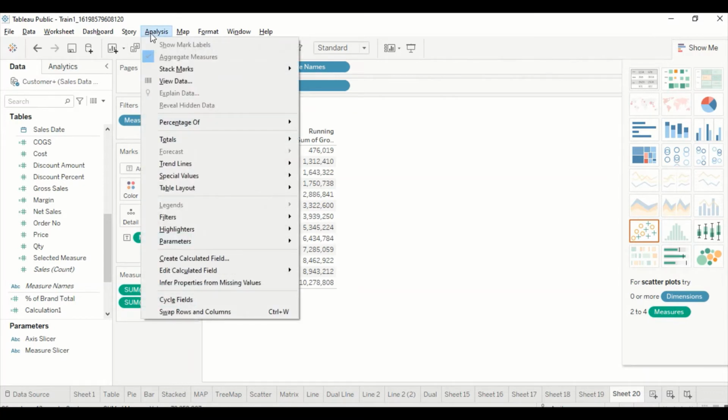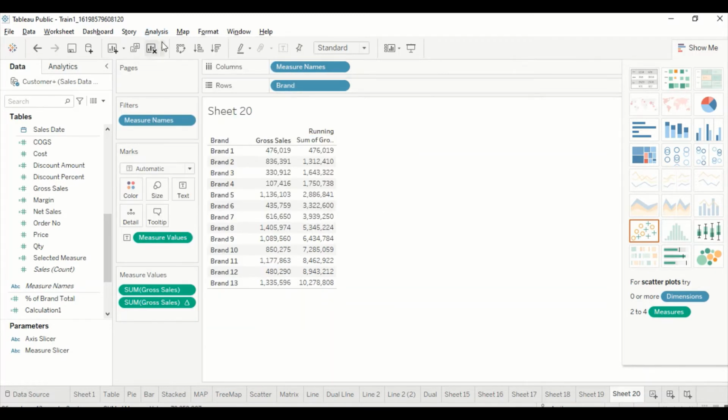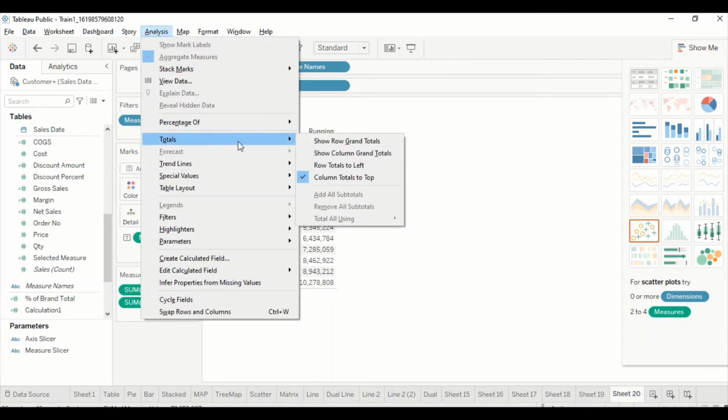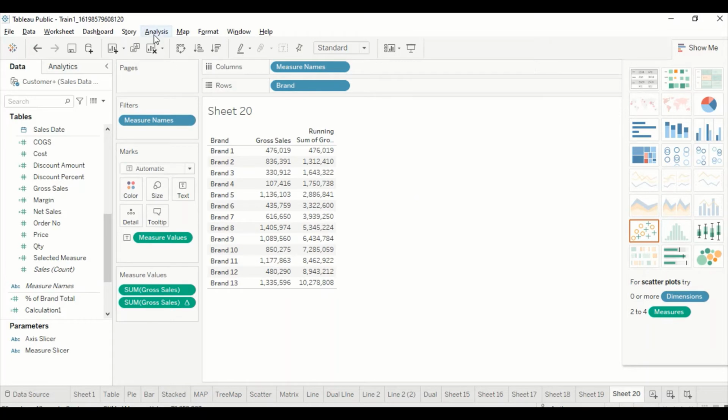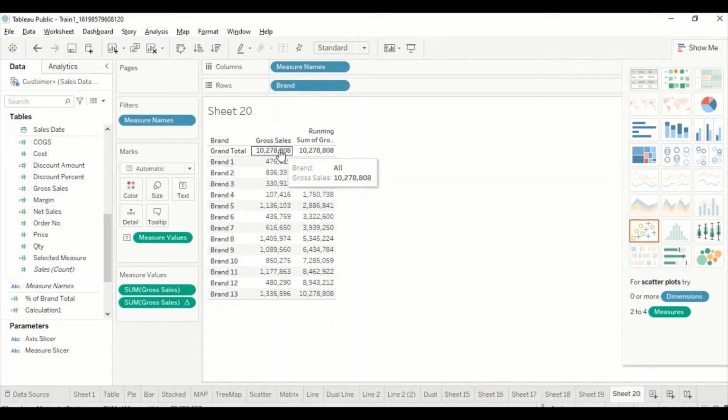So what we can do is go ahead and add the totals. Okay, so we can add the total. This is the total which we are seeing right now here, and this is the same number which we are seeing here. So basically what happens in this case is we get the total in the last row, but it keeps on adding up the previous totals in each and every row. And this is how this works.